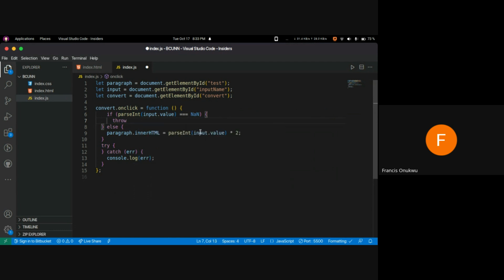So here would be a string, ideally. Throw an error of the value entered was not valid. It was not, or rather, let's use the present tense. It's not a valid number. Okay, not a valid number. Now, once this error is being thrown,